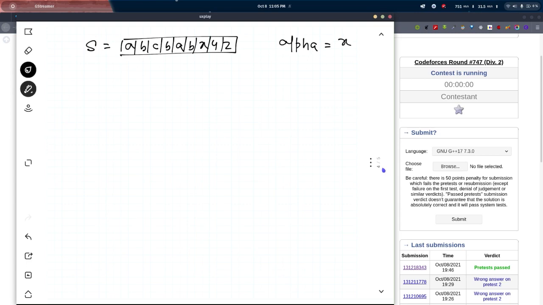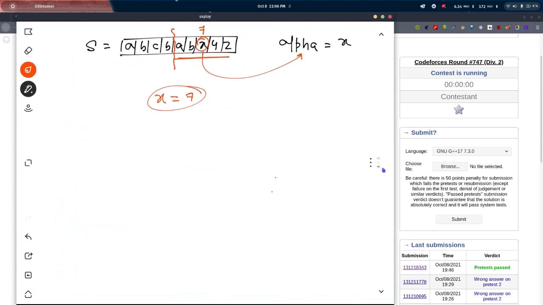The solution approach says that I will divide s into 2 halves. If there is an odd number of characters in s, we can take the bigger half on the right side, and in the right side I will check whether there is any character equal to alpha. If there is a character x here which is equal to alpha, I can take x as the index of that character. Here the positions are 1, 2, 3, 4, 5, 6, 7, so x is 7 here, and I can take x as 7.